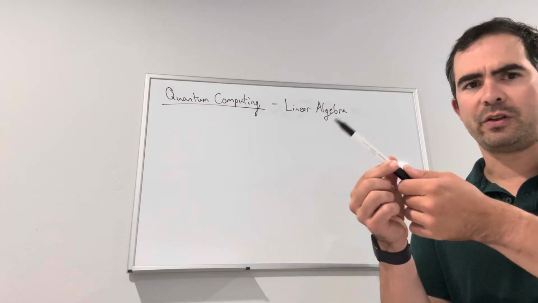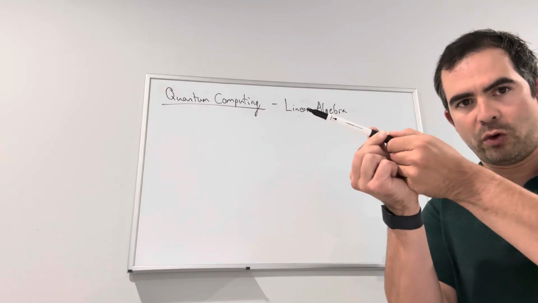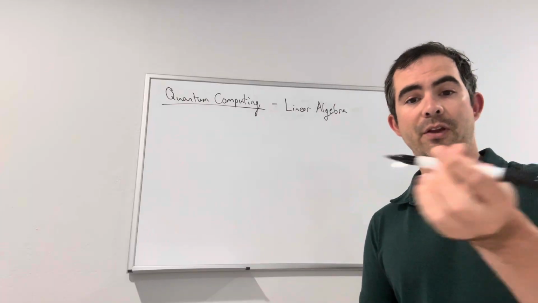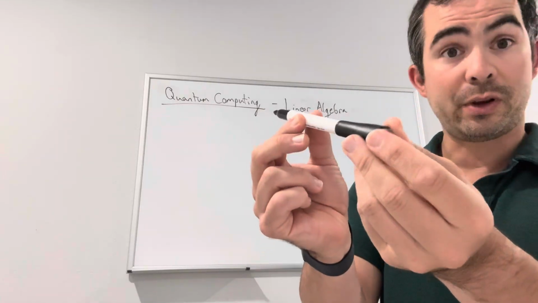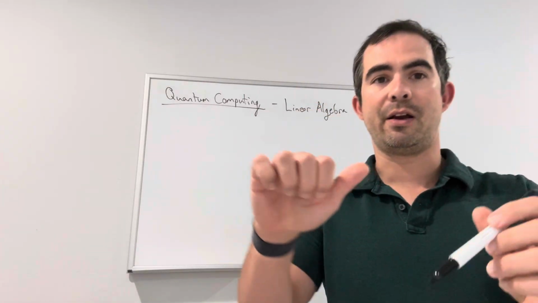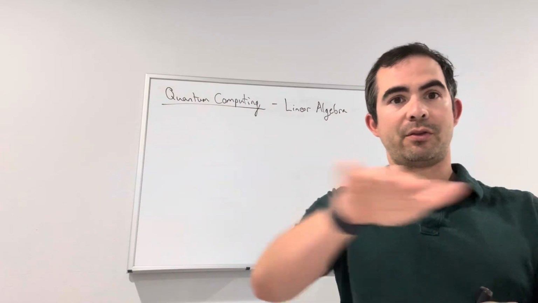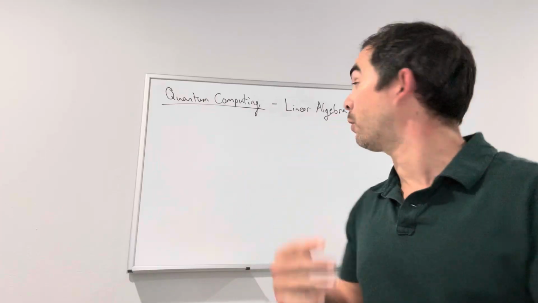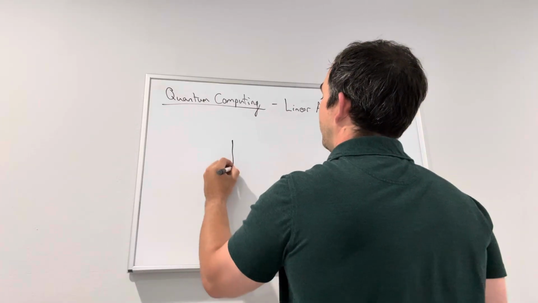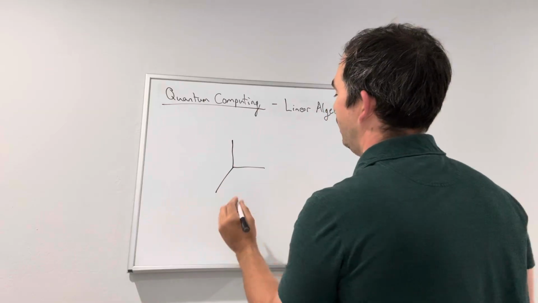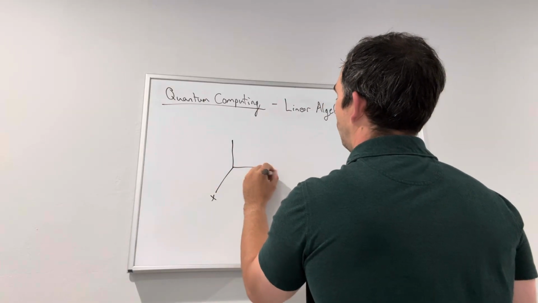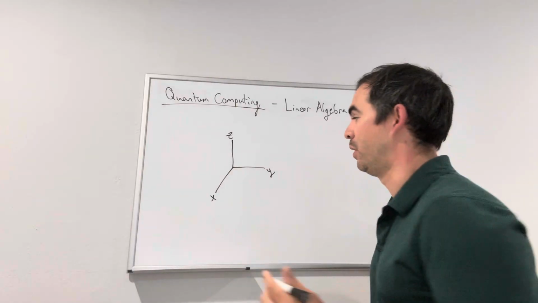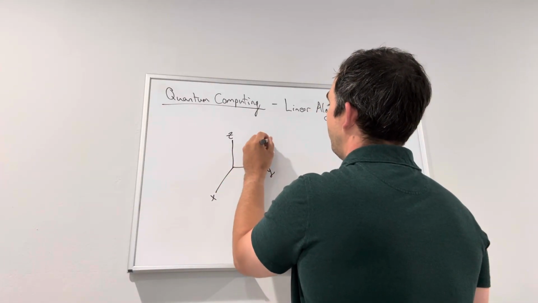So a vector you can think of as just an arrow pointing in some direction, right? In some space. Here, this pen is an arrow that is pointing in 3D space. And by 3D, I mean I have one dimension going left, right, one dimension going up, down, and one dimension going back, forth. So I can usually think of a vector, if this is my X, Y, Z coordinate system that I might have learned at some point, if I have some random arrow out here,